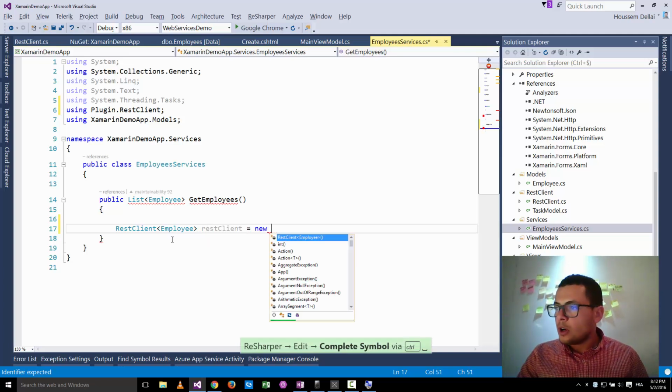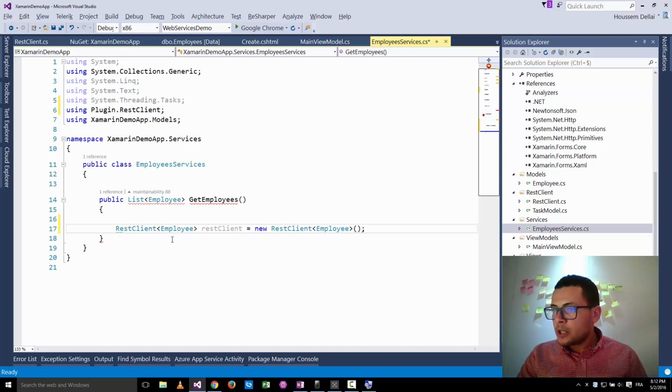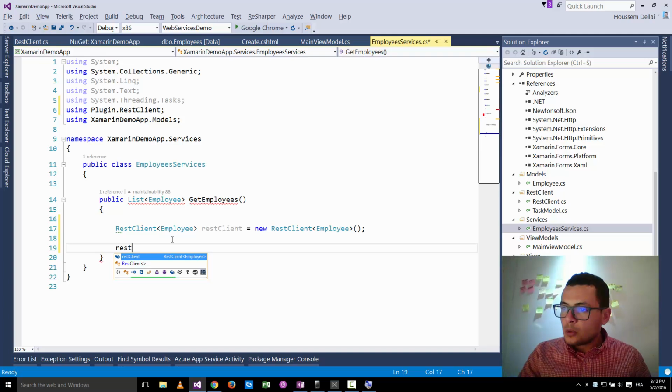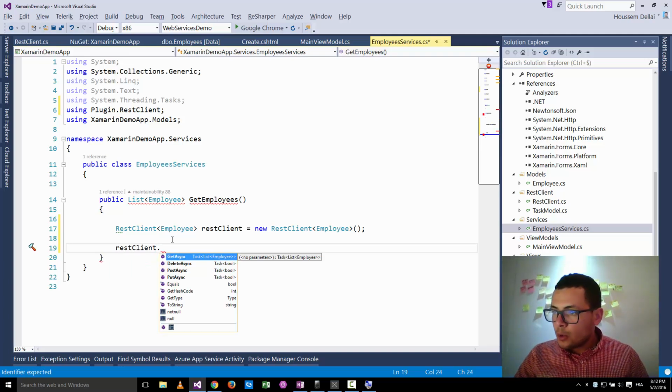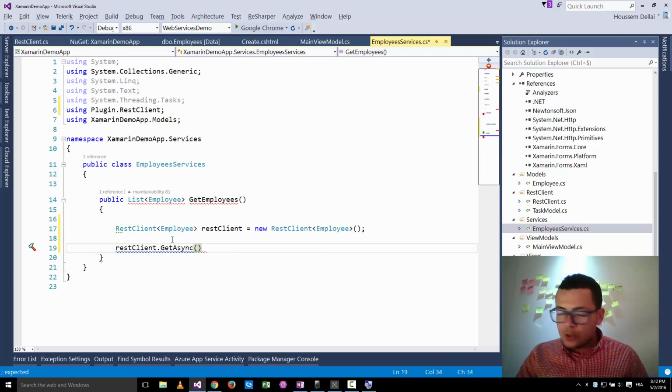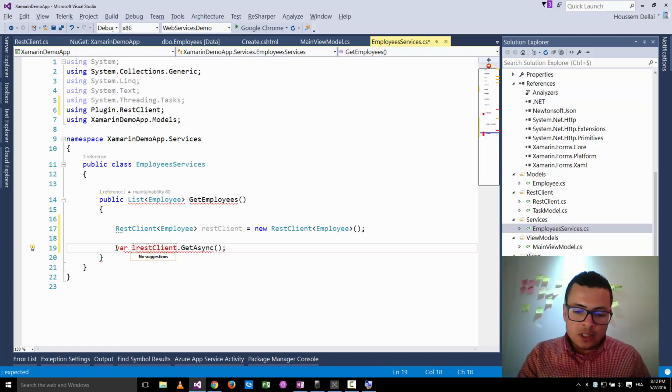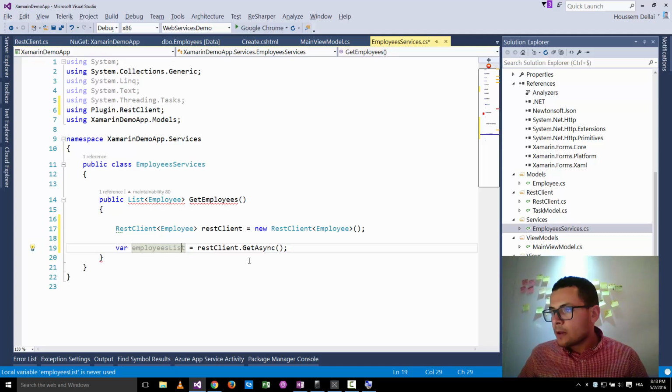I call it RestClient equal new RestClient of type employee. Then here I'll use RestClient to invoke the GetEmployeesIcing, which will retrieve the list of the employees, which again I'll store inside of an object, call it employees list. So here, if I put the cursor on top of GetEmployeesIcing,